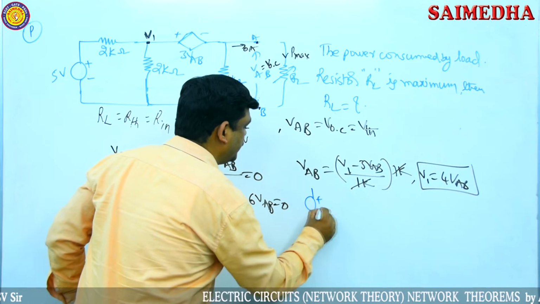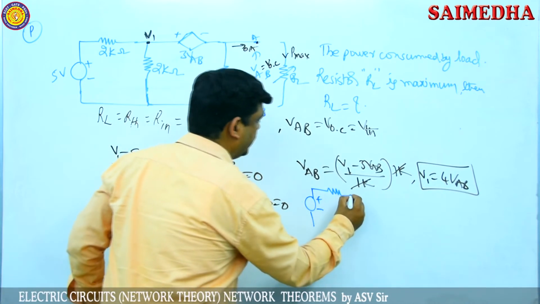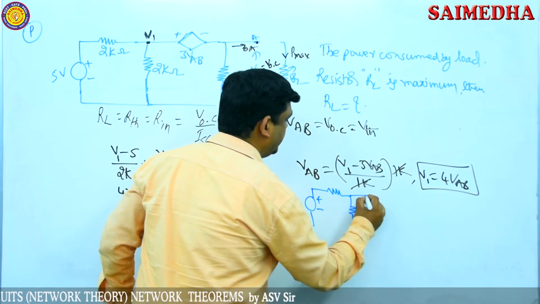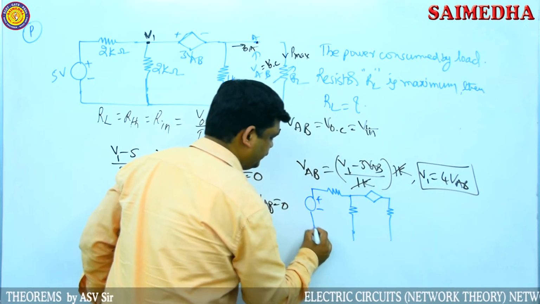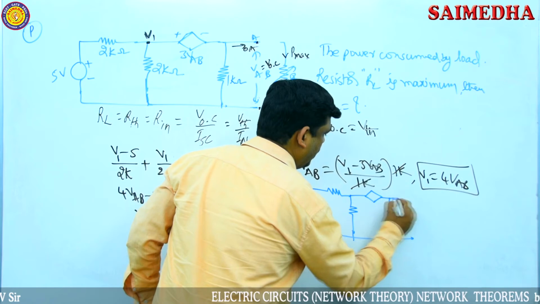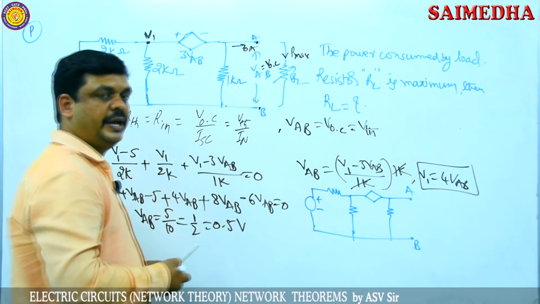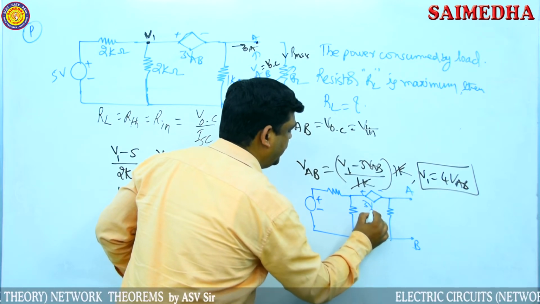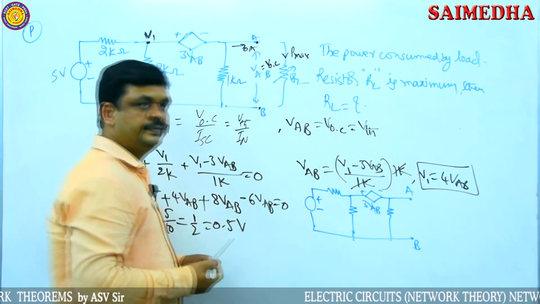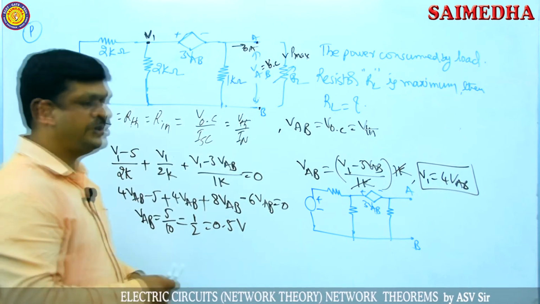Here a 5 volts voltage source. Just I am drawing here an overview. Then a 2 kilo ohms resistor. Here one voltage source and here one resistor is there. All these elements are connected in between the A and B terminals. This value is 3 into VAB. Then according to the given question, our required value is the current through this branch here.